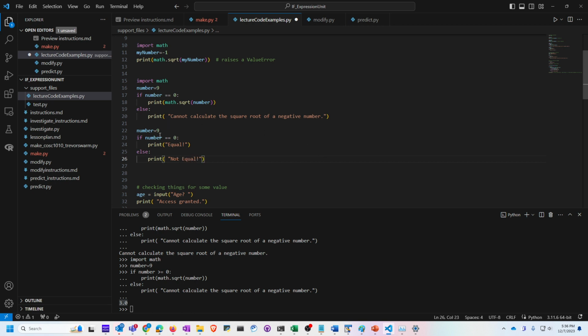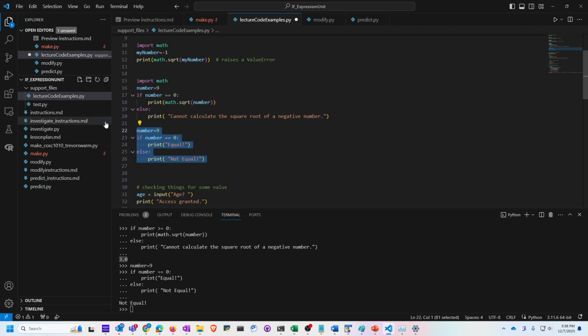So right now, we're going to first take the number 9, assign it to the number variable, and we're going to compare number to 0. What do you expect happens? Exactly what we would think, not equal. Change this to 0. Guess what? Equal. Pretty straightforward, I know, little pedantic, but I really wanted to emphasize this is what's called an